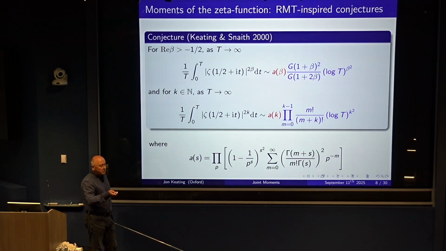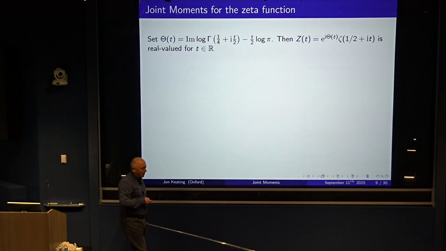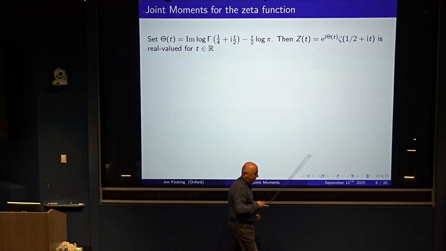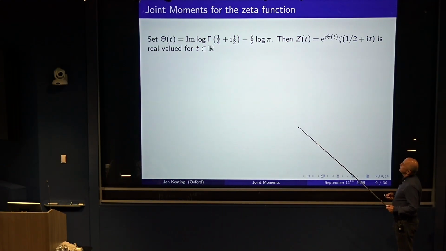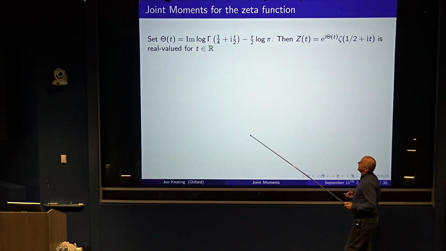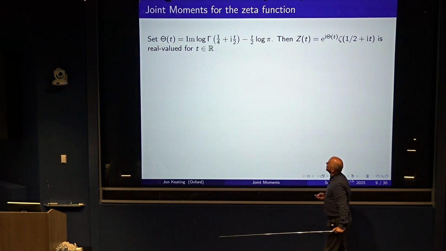So now I want to go to another case, which has been a puzzle for some time, and where there's been a lot of progress recently. So I'm now going to move to joint moments. I'll tell you what they are, and then explain to you a little bit about the fact that the story here is more complicated. So we're going to set capital Theta to be this function written there in terms of